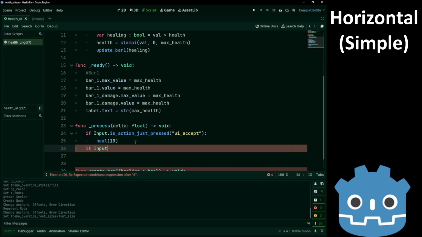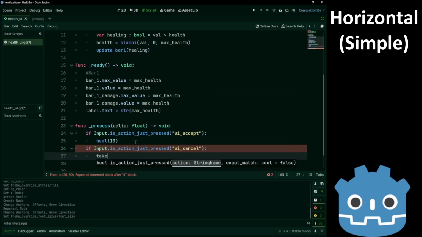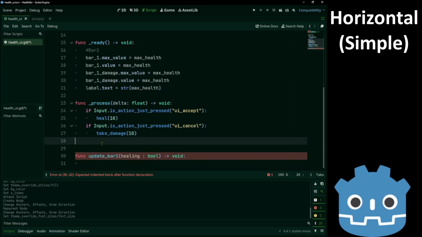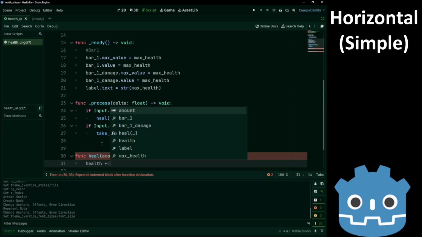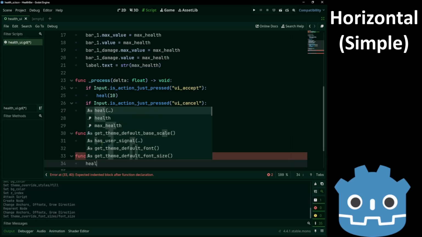If input is action just pressed, cancel, which is the escape button, take damage 10. Write those functions. Increase the health by the amount. And decrease the health.